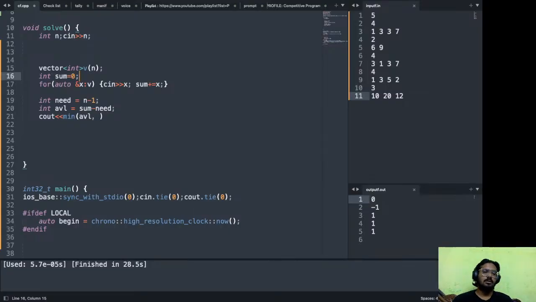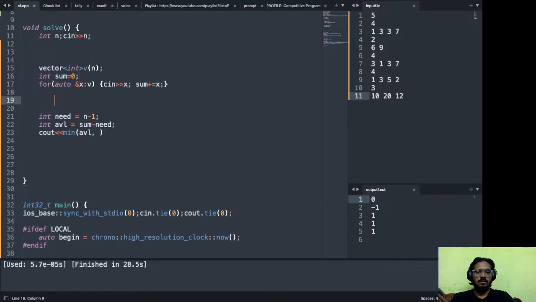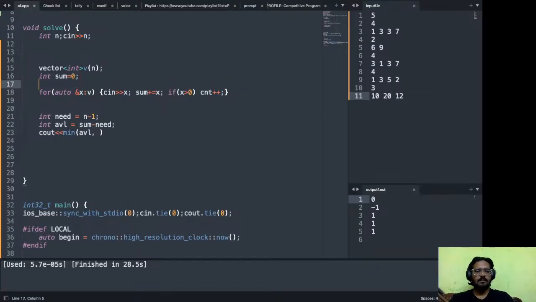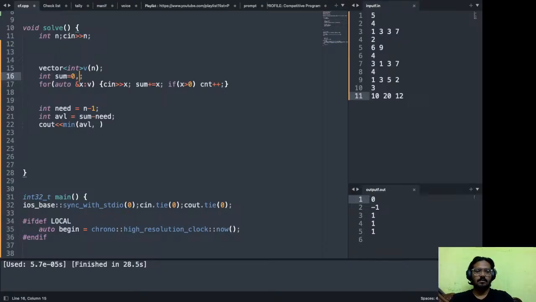Available and the other thing that, non-zero elements basically. Elements won't be there at all, so